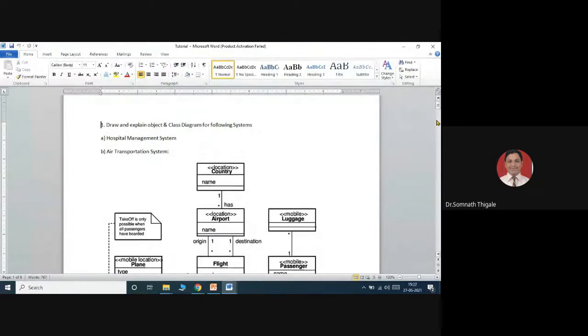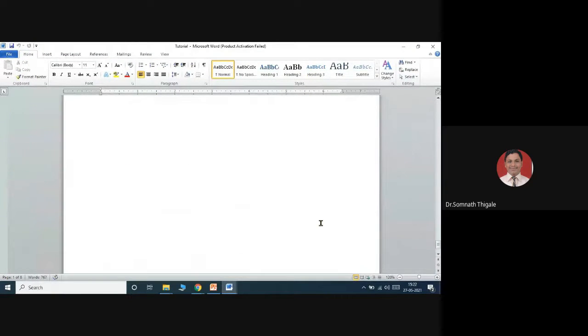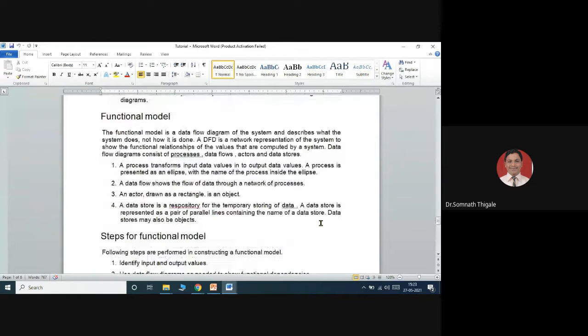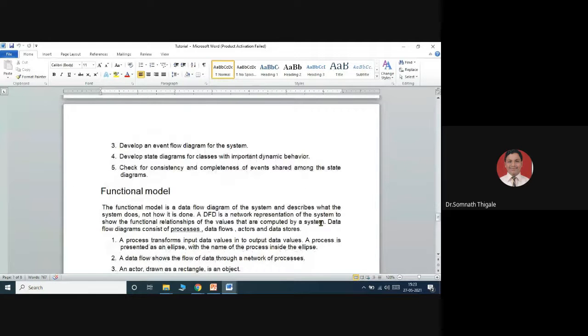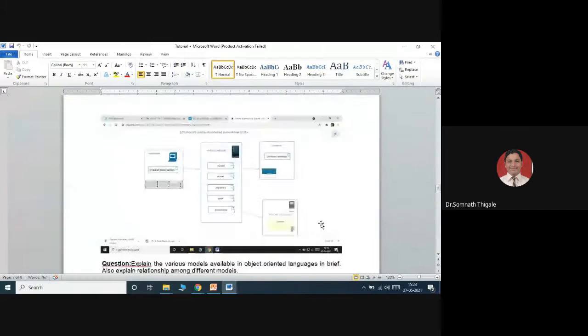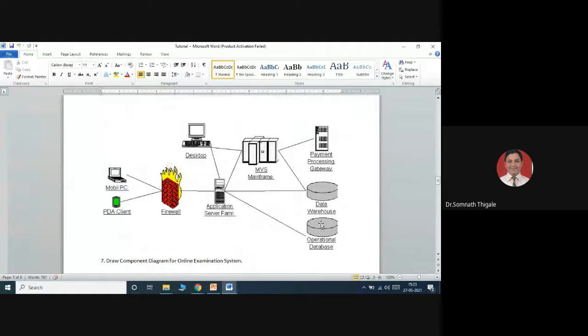Okay, so this is one kind of network diagram I can show you, and looking at the network diagram will help us to understand. See here, this is my simple deployment diagram. This deployment diagram tells us the entire architecture of the network.